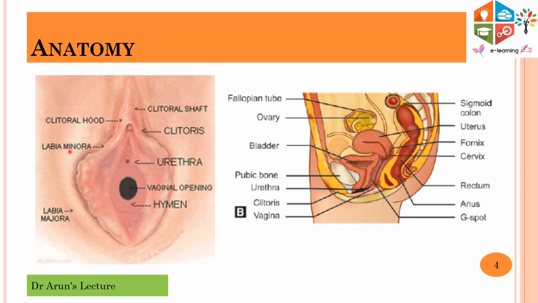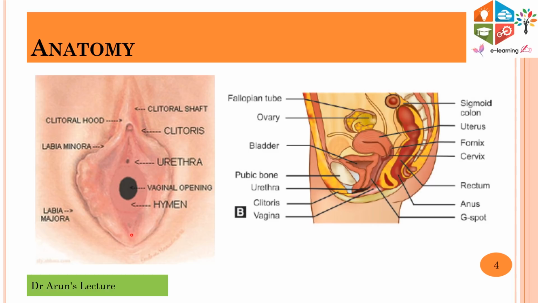Coming to the labia minora, they are about 4 centimeters long, two soft, small, thin, pink, sensitive folds of skin just within the labia majora. The sulcus between the majora and minora is known as the interlabial sulcus. There are two such sulci, present on the left and right sides. The lower portion of the labia minora fuses in the midline and forms a fold called the fourchette, and the depression between the fourchette and the vaginal orifice is known as the fossa navicularis.